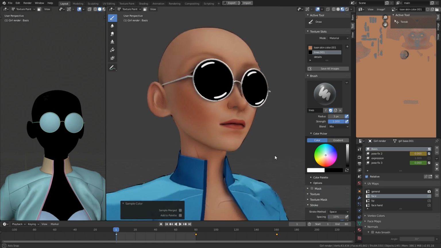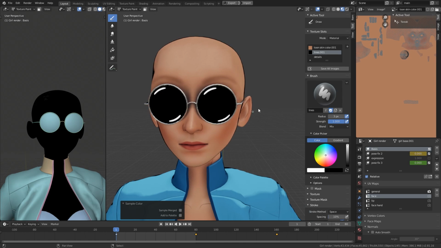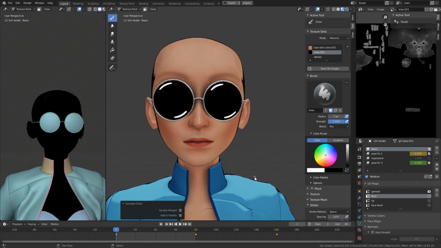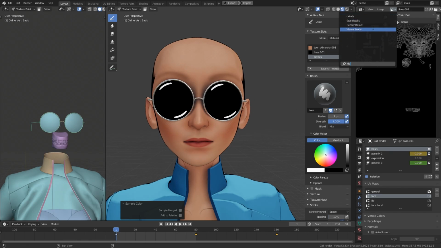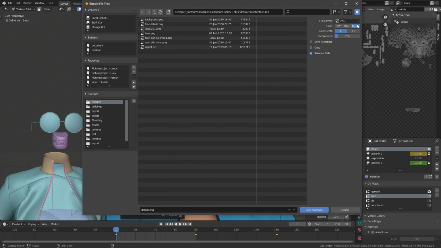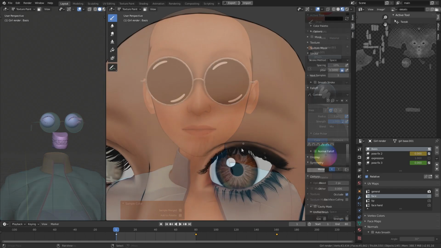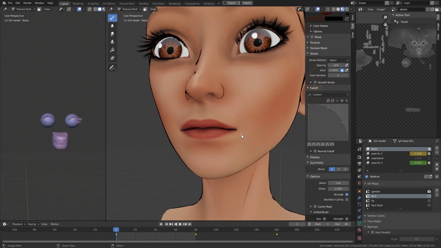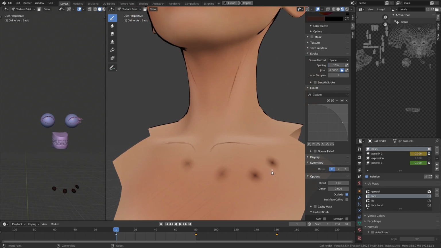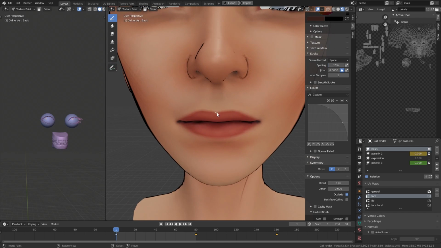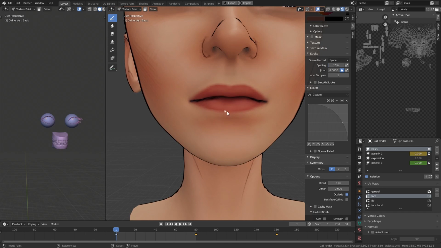Alright, so that is about the main lines, and let's go ahead and save the lines and save this one as black and white. There we go. And the details as well. Save as details, and the details should be RGBA. Okay. We are using the face UV, so we have much more details on the face. But if we paint down here, we can see that it doesn't work. So this texture will only focus on the face, and we can paint a lot more details here, like so,